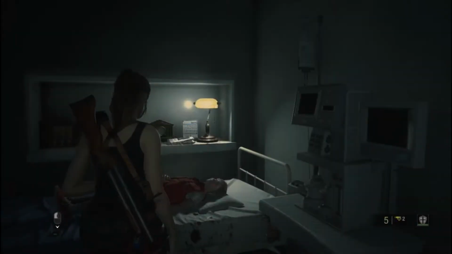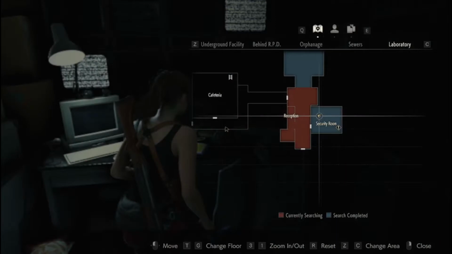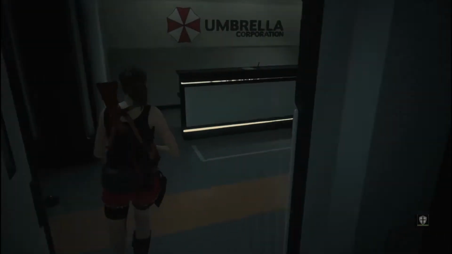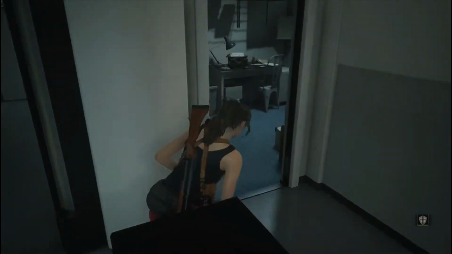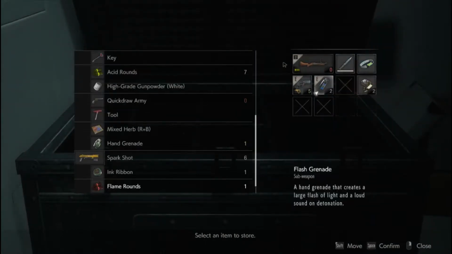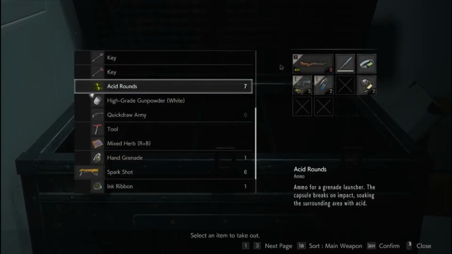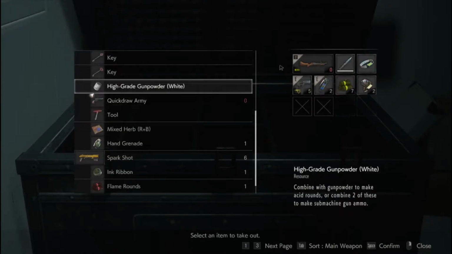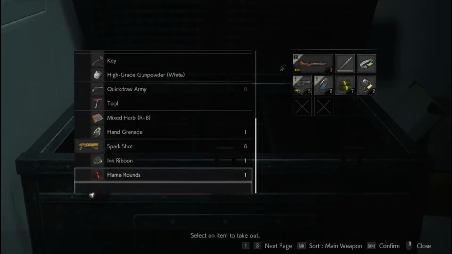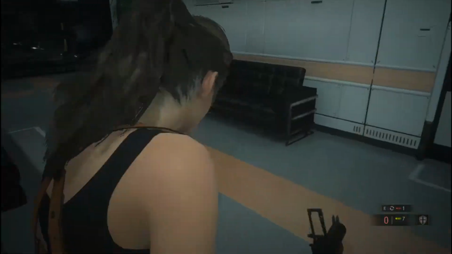So skip the cutscene and get the bridge badge, which I forgot to grab immediately. Grab the flame round, the one freaking flame round I get from this particular location. I got unlucky with RNG here. Going over to the storage cache, I stash away the flame rounds by accident, and then I'm realizing, like, wait, no, I need those flame rounds. Grabbing all of my acid rounds, my flame round, my one flame round,